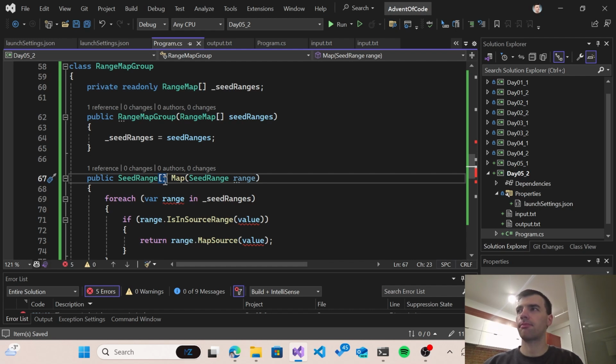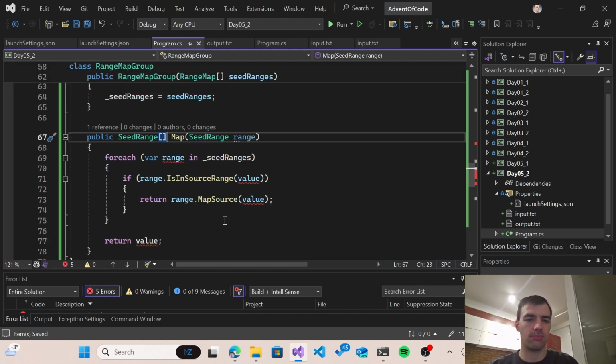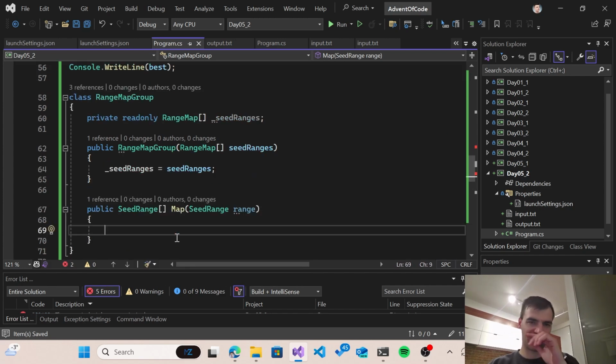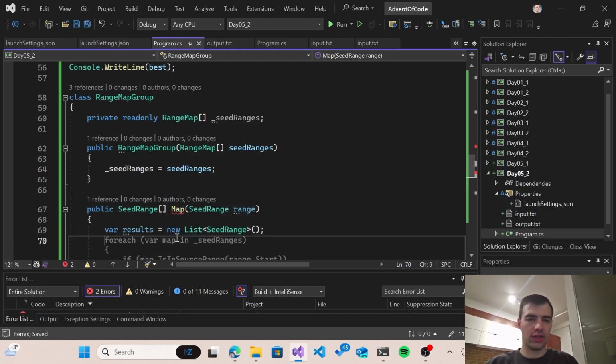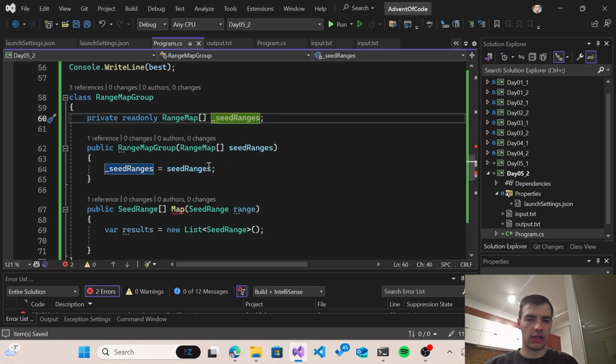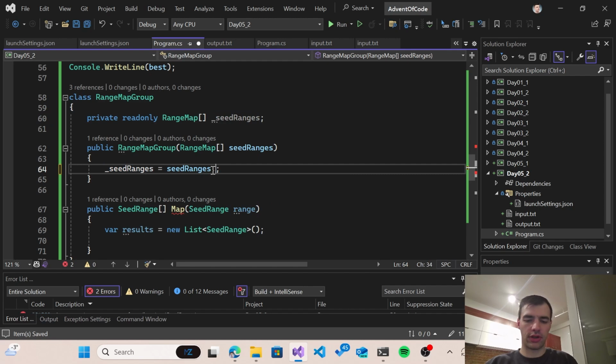a part of that source range could fall into one map, another to another map, and it could break down into multiple smaller ranges. So this would be mapping a range to multiple smaller ranges potentially. So results, I will create a list of results, and now what I need is for the ranges to be ordered